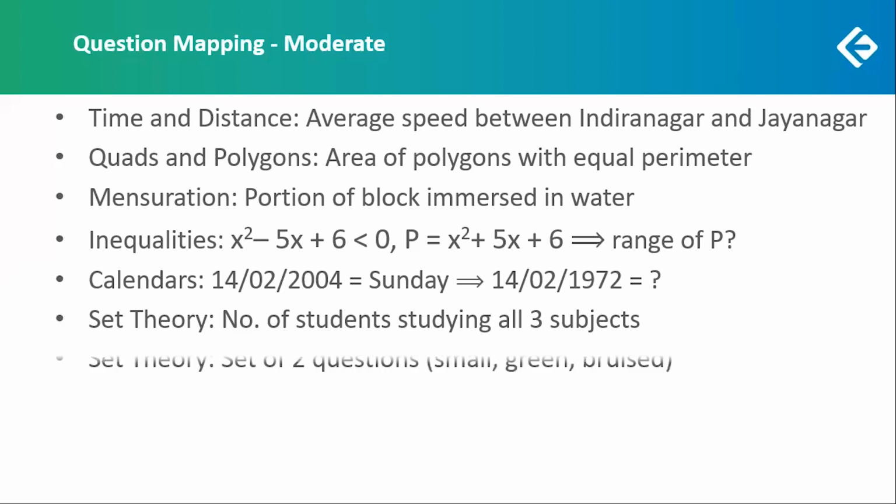So using all the information together, we will be able to find the number of students studying all 3 subjects. Next again is a question based on set theory. This was a set of 2 questions where 6,000 apples were collected, and it was found that every third apple was too small, every fourth apple was too green, and every 10th apple was too bruised. We can structure the data in a Venn diagram, and when we fill in all the values, both questions related to the sets can be answered easily.